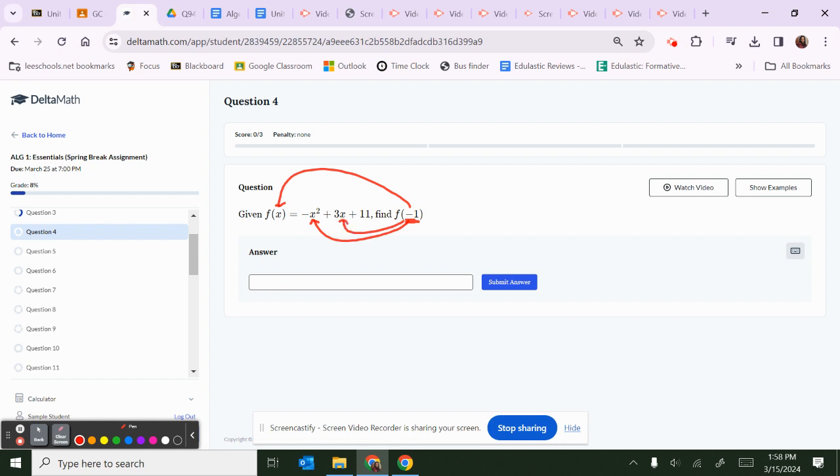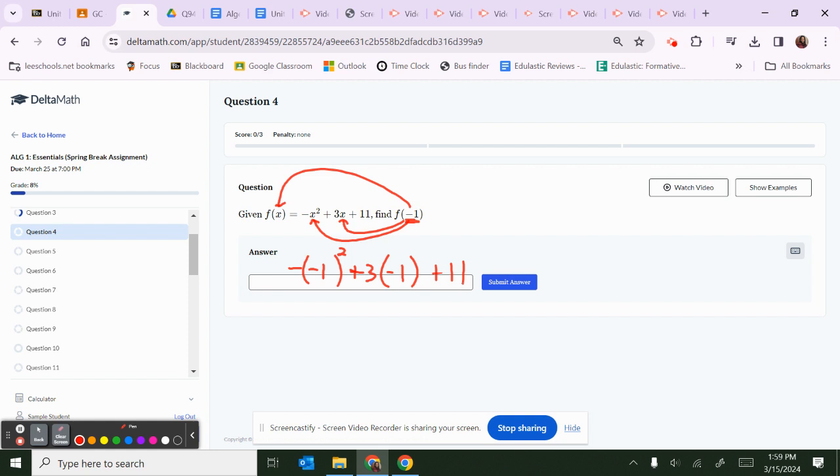All right. So right here, I see a negative sign. I'm gonna rewrite it. I see an x, so I'm going to write parentheses -1. Then I see plus, and then I see a squared, I rewrite that squared. I see a plus 3, I see an x, so I'll write parentheses -1, and then I write 11. So something like this, you can go ahead and put into the calculator, and it will calculate it for you. But I'm going to show you how to do it without a calculator or not to be too